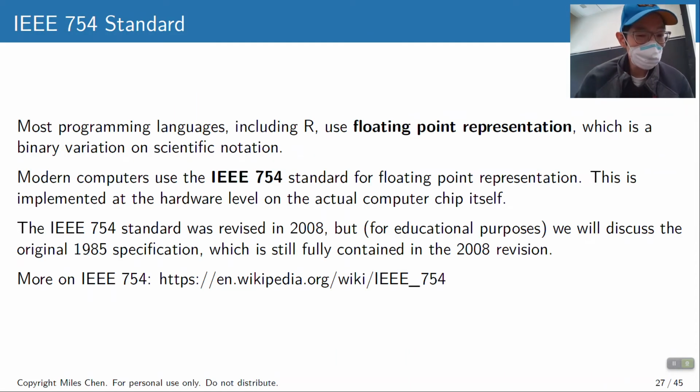So to kind of explore this, we will take a look at the IEEE 754 standard. This is the Institute of Electrical and Electronics Engineers, whatever. The IEEE organization said, you know, we're going to have a standard for how we're going to represent numbers on computer chips. Prior to the standard, different computer chip manufacturers might have stored numbers differently inside of their systems, but this is now the standard, and so now all computer chips